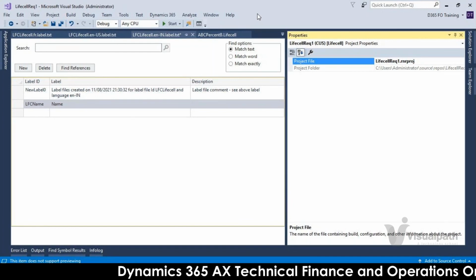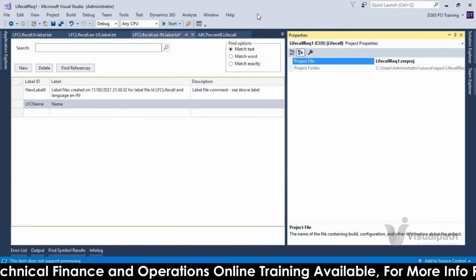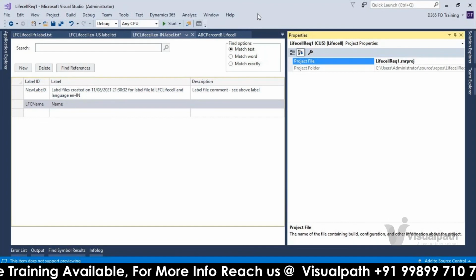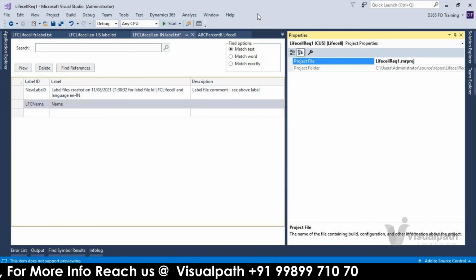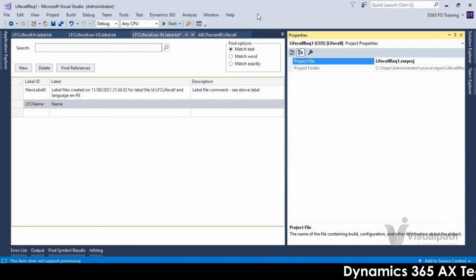You need to apply it to your environments. For example, you have a development environment and you need to upgrade from 10.0.20 to 10.0.22. Microsoft will give the package. From LCS you will directly apply it. You don't need to go to the VM and run any commands or do any installations. You can directly apply it from LCS.